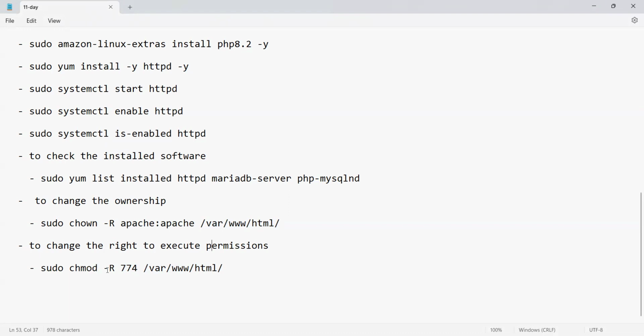Sudo chmod. Hyphen R means recursively, folder inside folder, right? That's why parent folder, subfolder, subfolder. So you need to give this recursive, then only this command will work. Otherwise, we will get